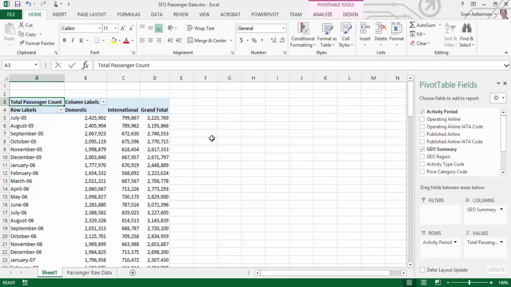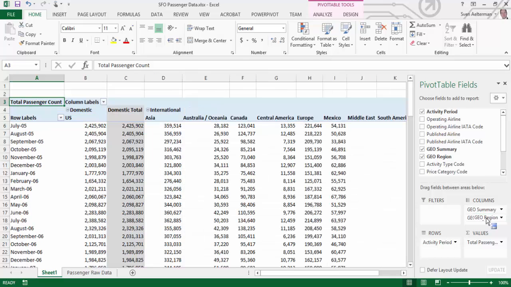I can add more than one level of column or more than one level of rows. For example, I could add the geo region below the geo summary. Okay, and this would then give me a further breakdown. So of course domestic is US only, so those numbers don't actually change. But under international, I can now see that airlines originating in Asia had